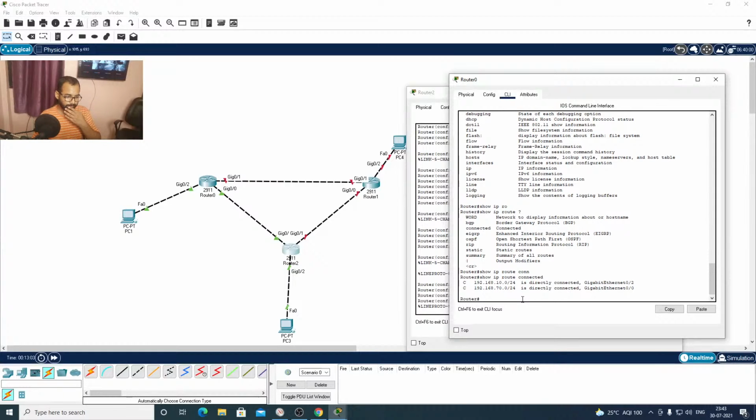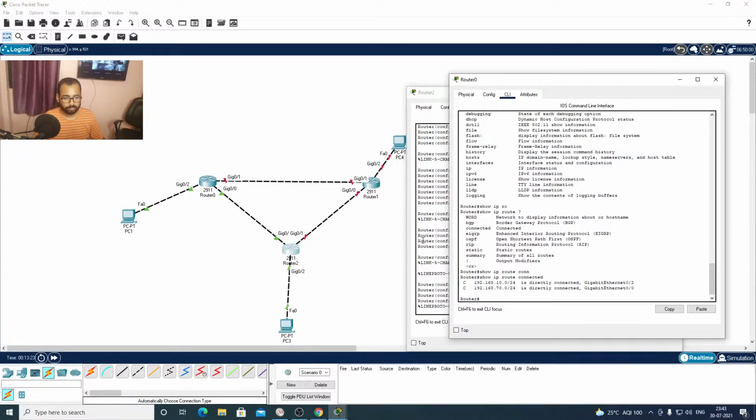As you can see, we have two entries filled in this routing table, the 10.0 network and 70.0. Since both ports are up, we are seeing both connected routes here.